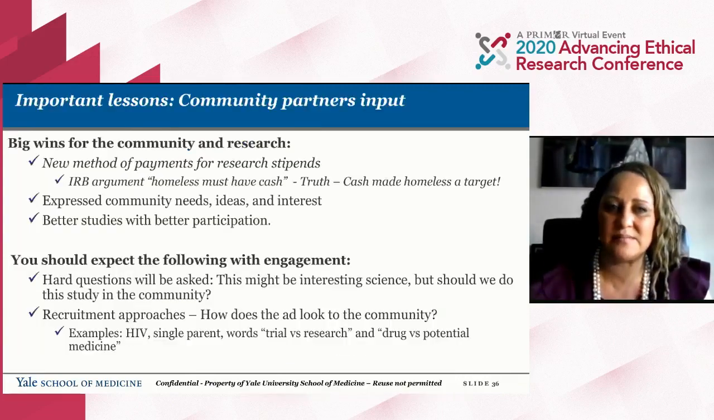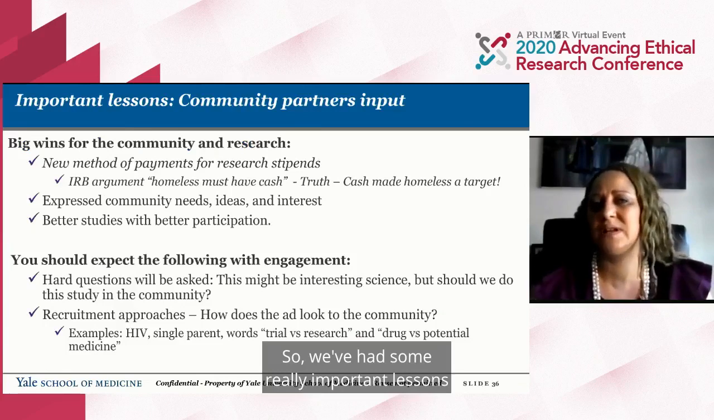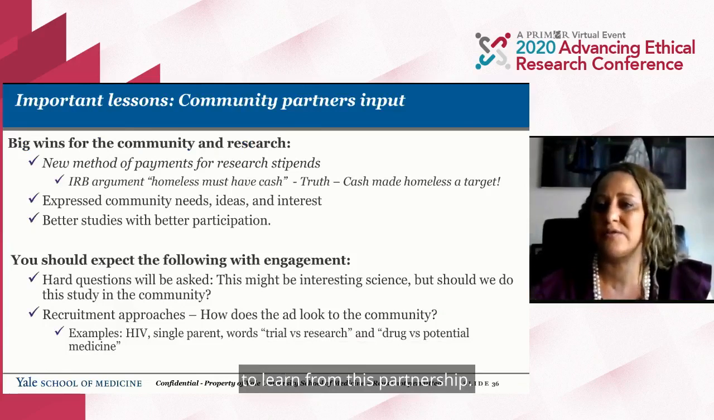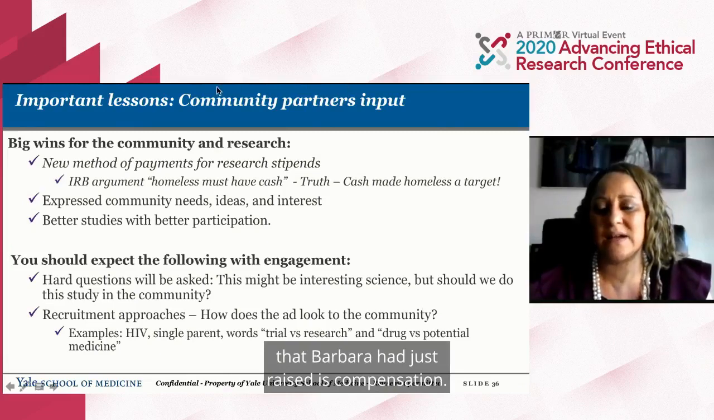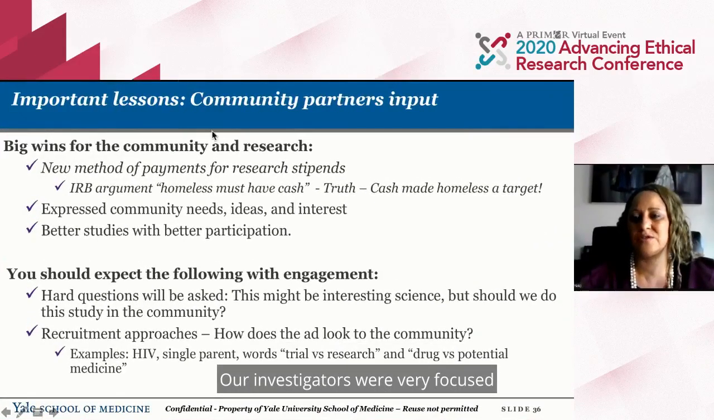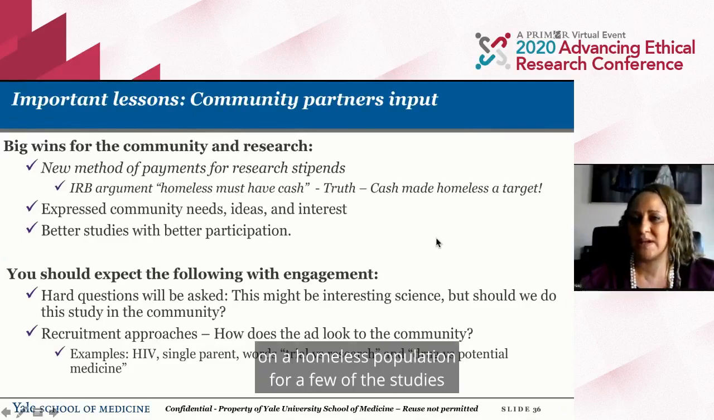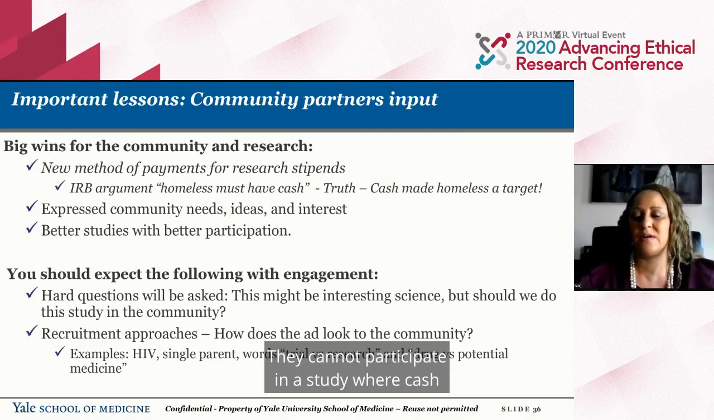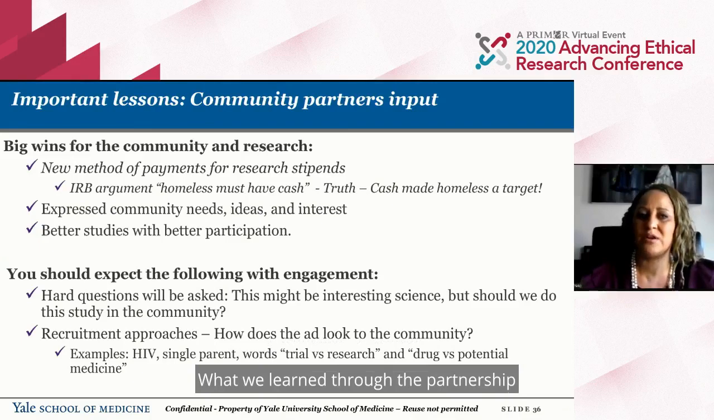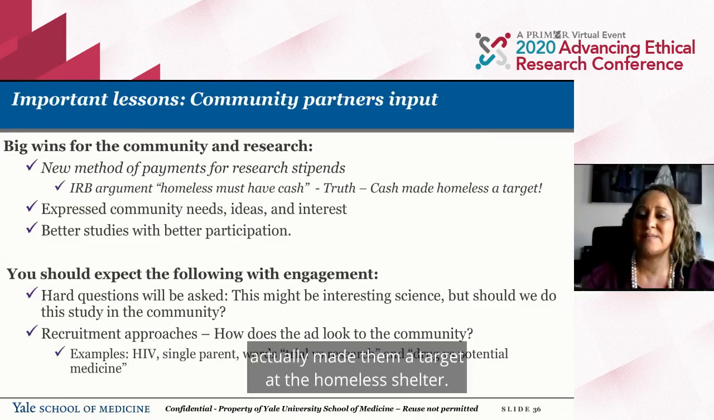Next slide, please, David. So we've had some really important lessons to learn from this partnership, and I think some huge wins. One example that I want to share that's very relevant to the IRB discussion that Barbara just raised is compensation. Our investigators were very focused on a homeless population for a few of the studies and said the homeless have to have cash. They cannot participate in a study where cash is not the payment option. What we learned through the partnership with the ambassadors was giving the homeless individuals cash actually made them a target